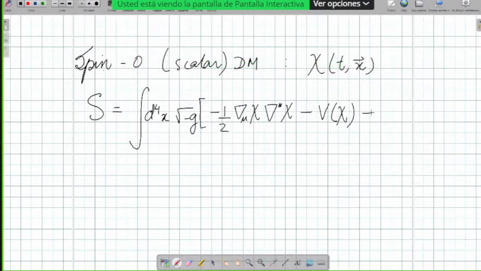So what are the things that I'm writing down? This is the kinetic term. It's like when you write down a particle moving around, this is similar to the x dot squared term, but it also has gradients in it. So this is the potential term, and this is some interactions potentially with the standard model. So V of chi is not just interactions. This V of chi has two parts in it. One which is absolutely essential,